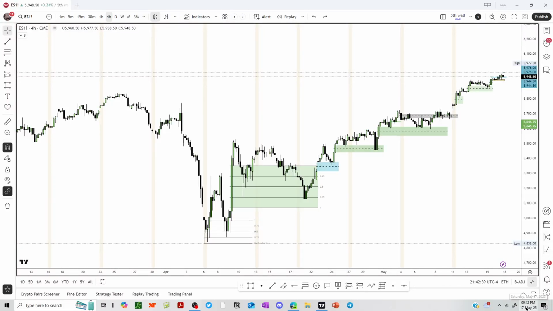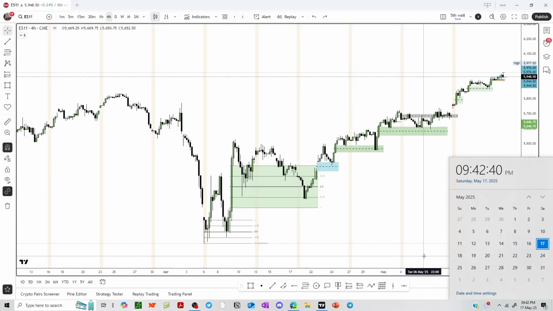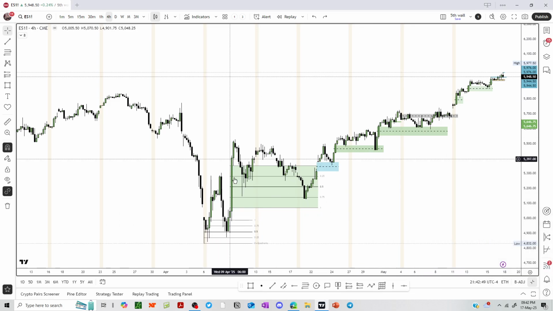We're going to review price action on the ES chart for the week ending on the 16th of May. And I kind of went back. This is the 4-hour chart. I just kind of utilized this wick and put it into quadrants. Because I was thinking, oh, how could you have caught this